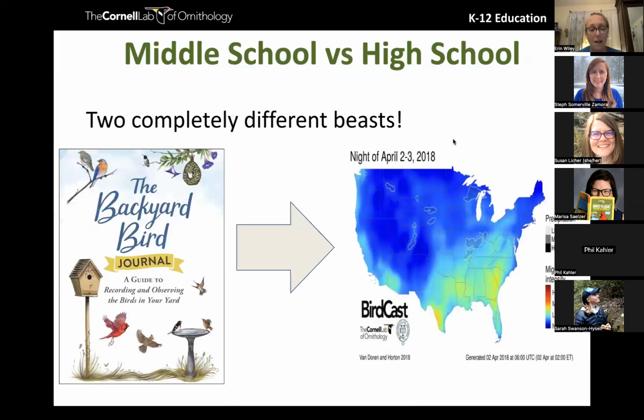So middle school, I focused more on, this was the bird journals that I bought. And I used these, and these were my rewards. And this is what I used with the kids because it was simple. And middle school, my goal was just to get them seeing it, identifying it, using field guides like this, and knowing what was out there. I showed them that my bird journal is actually, I write in this, my bird field guide, and I write in here the date and time when I first see the bird. So a lot of kids like this better than actually writing in the journal because this has all the information right there.